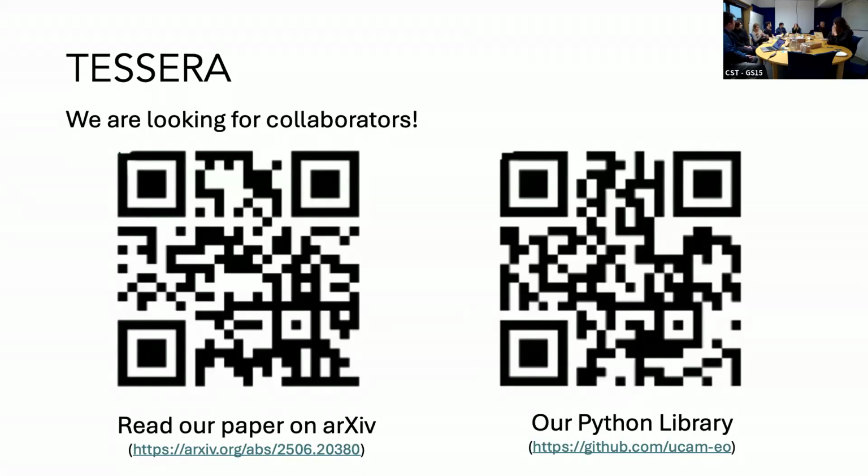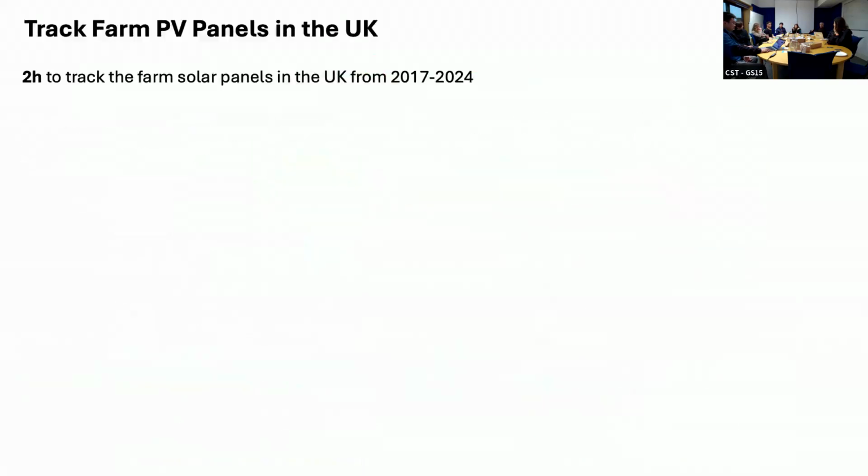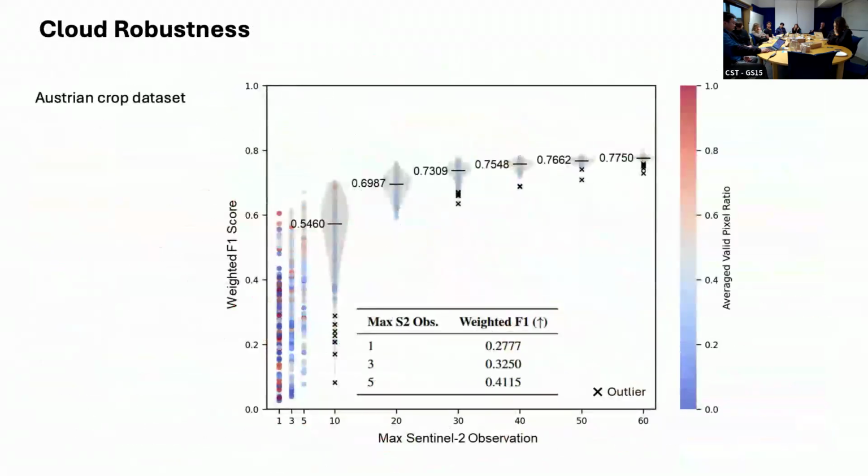I'm interested in the cloud experiments that you did. Did you do uniform dropping, like uniform sampling, when you artificially simulated cloud coverage? I just dropped at random. Because I'm not an expert in signal processing, but someone who is would say that if you do uniform dropping, you often can reconstruct the signal perfectly. And often for clouds especially, they're seasonal. Yes. And so I definitely think if we want to do a more realistic cloud robustness experiment, we should do like